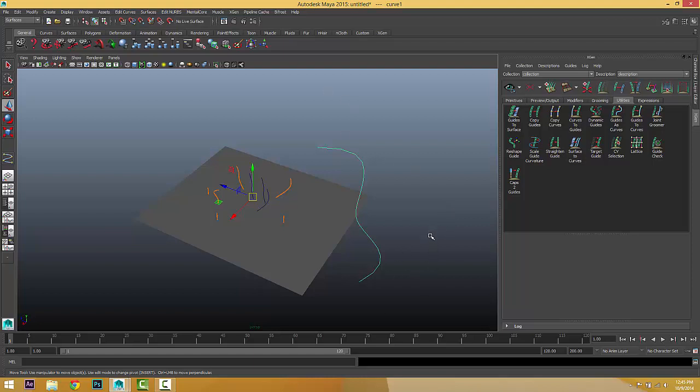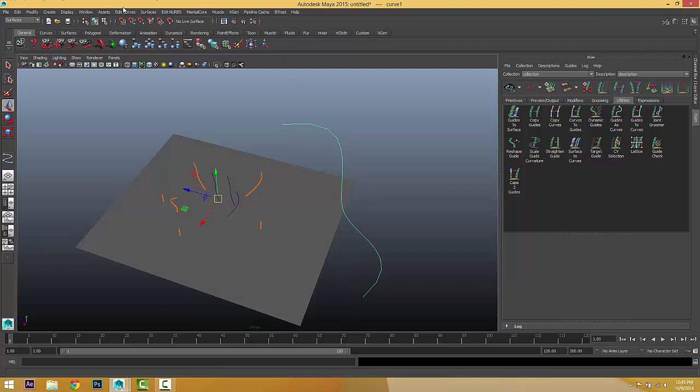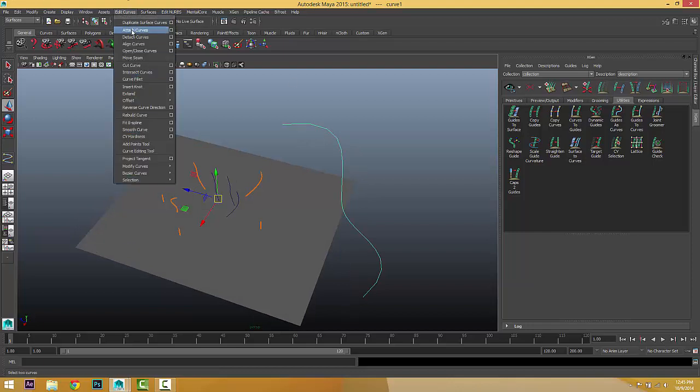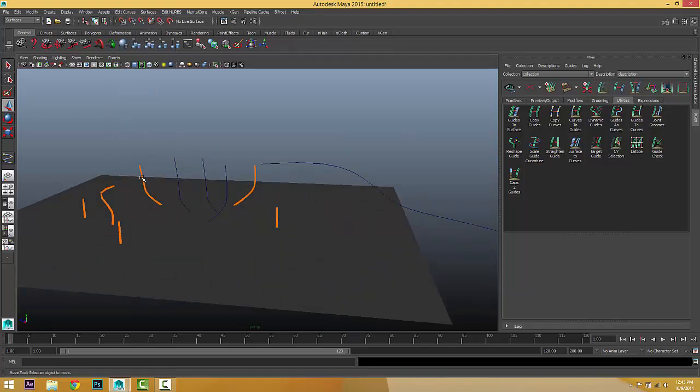The CV curve, we've got quite a lot of options. For example, here we can edit this curve with a huge amount of tools, options and parameters, things like that. We can convert any curve into guides, not just the one which was a guide before we converted it to curves. We can convert back to guide.